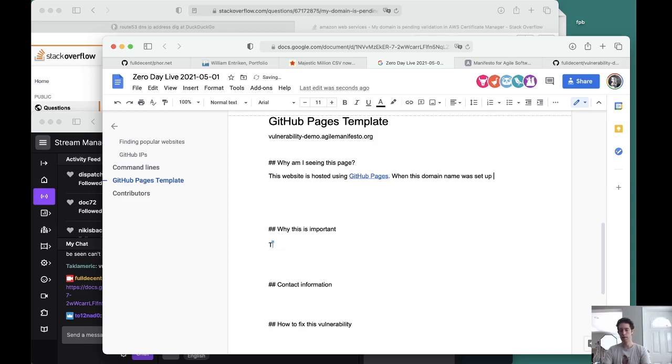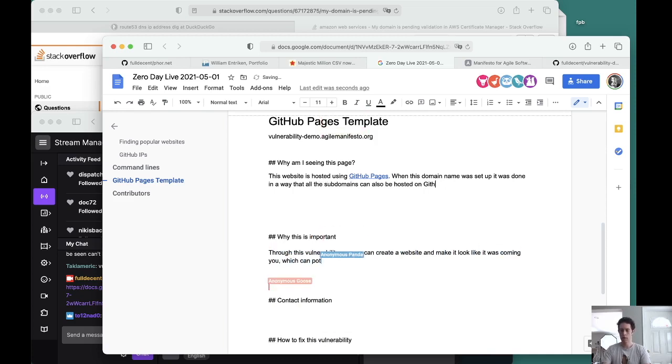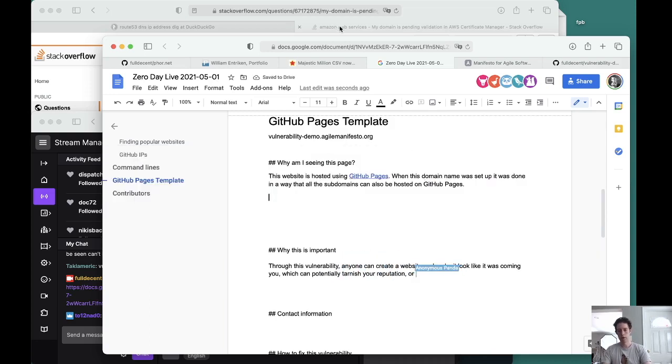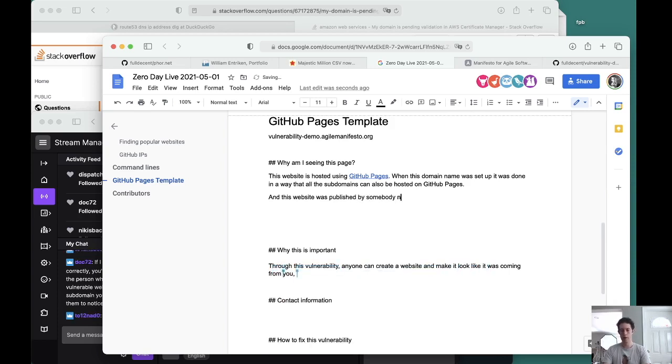When this domain was set up, it was... definitely want to include links or whatever other relevant stuff we can here. I want to do this in a way where I don't include the text of the domain name because we're going to be copy pasting this a lot of times.